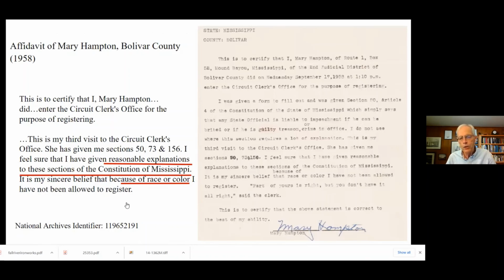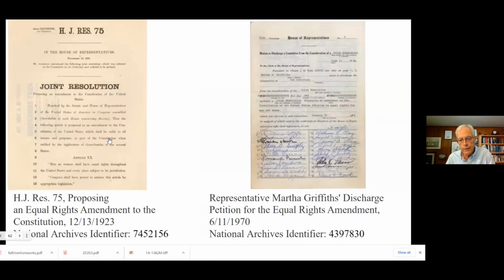What that alludes to is the strategy of making rural, presumably illiterate voters read and explain very difficult texts as a precondition to voting, to keep Black people from voting. They didn't apply the same rules to white voters. So she is complaining about that in a way that allows you to bring that issue, that restrictive voting practice, into the classroom. I mentioned the Equal Rights Amendment.